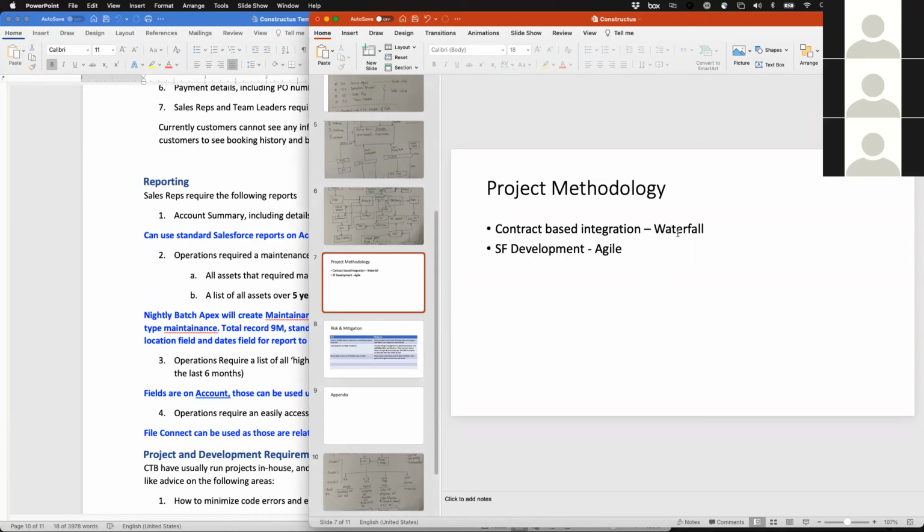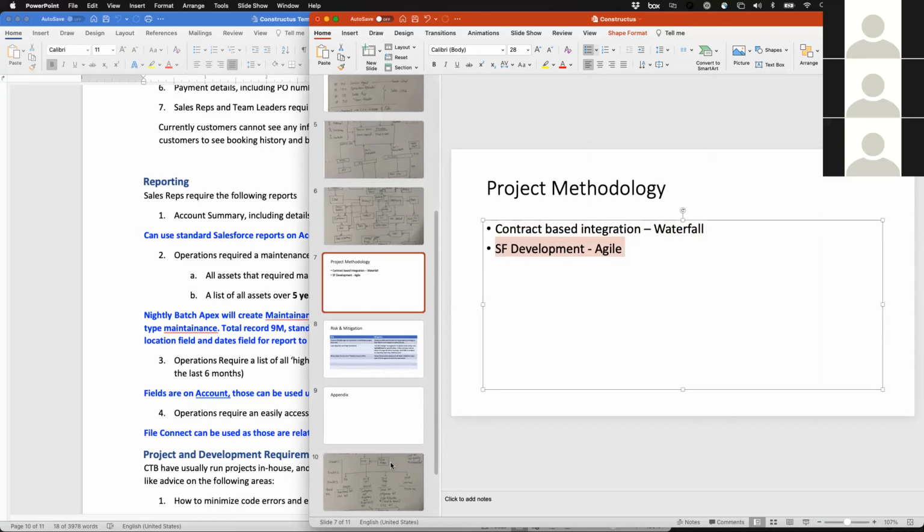Sure, yeah. The reason I am suggesting waterfall is mostly that we have a lot of integrations, and for integration I am suggesting that as a part of waterfall we should set up all the contracts, that is, what contract needs to be followed between the systems. And also we should have a blueprint upfront. For example, this solution can act as a blueprint at architectural high level, what AppExchange we need, what coding we need. So once we have all the blueprint, I would suggest using an ALM tool, breaking everything into features and stories, and the development team can start working in an agile